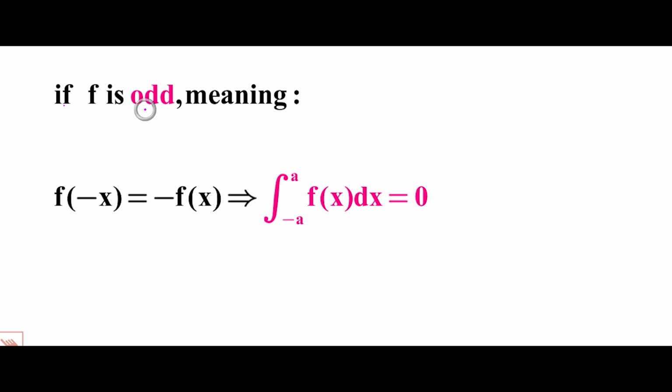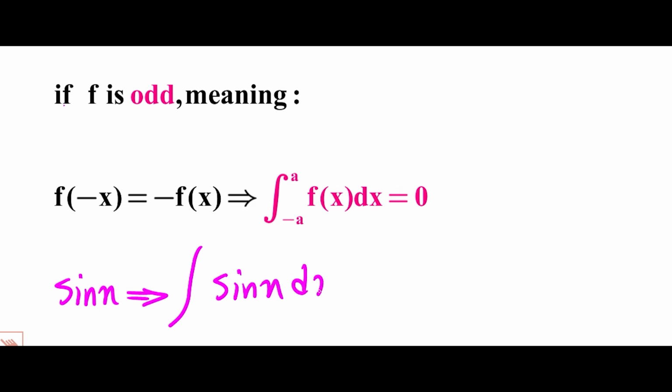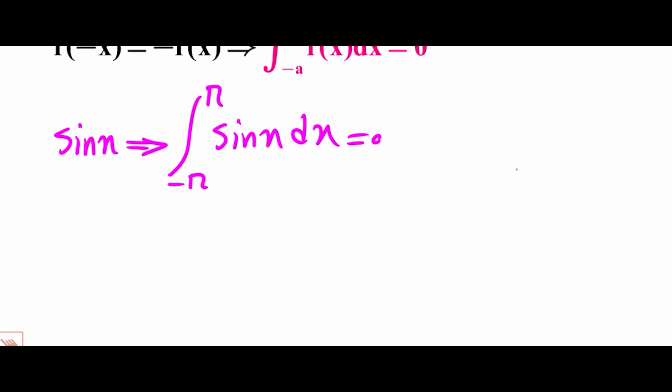If f is odd, meaning f of negative x equals negative f of x, then the integral of f of x dx from negative a to a is 0, right? For example, sine of x is odd, so the integral of sine of x dx from negative pi to pi is 0, because